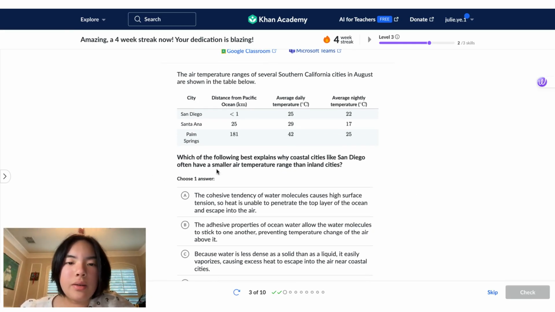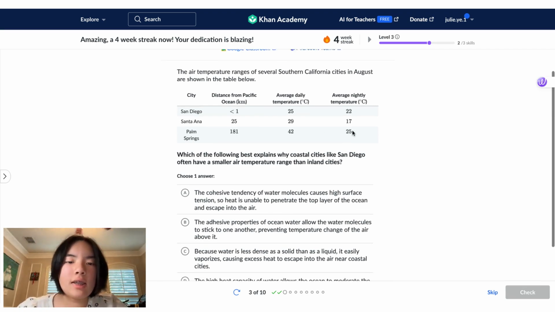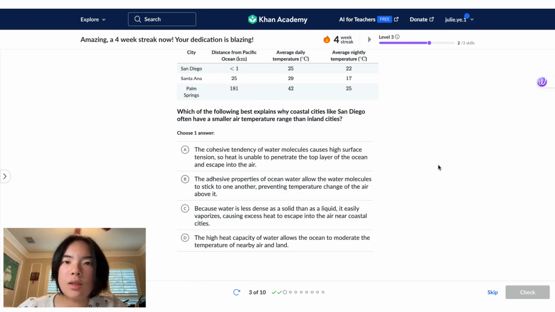Let's see, which of the following best explains why coastal cities like San Diego often have smaller air temperature range than inland cities? Let's see, this one deals with the topic of the properties of water. Yes, high heat capacity of water allows the ocean to moderate the temperature of nearby air and land. You know why? Because high specific heat means that water can absorb or release heat without much temperature change in its